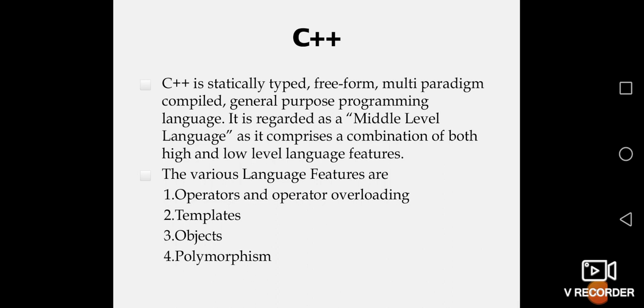Okay, then polymorphism. As I told you in the beginning, imagine c is equal to a plus b, you can change the plus sign to a minus symbol. That means c is equal to a minus b. Only the symbol will change, but the same concept is used. That is, the same element is used for different concepts. That is called polymorphism. All these features are included in C++.